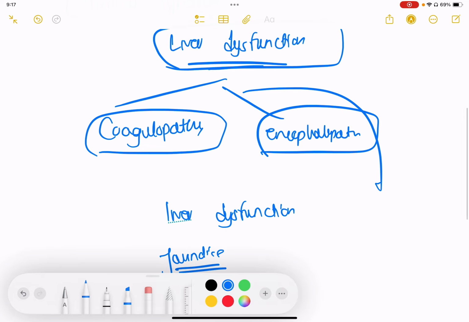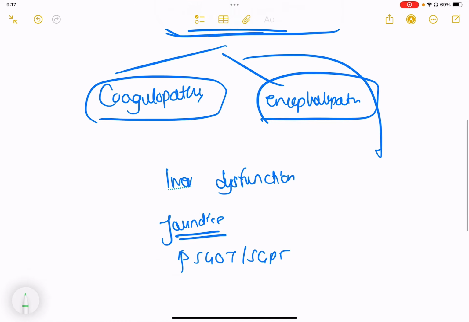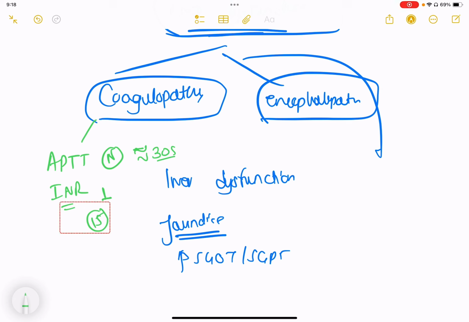and encephalopathy. Now, to know coagulopathy, we can do a PTT test. The normal should be around 30 seconds. If it is deranged, like 40, 50, 60, 80, it depends on the coagulopathy. And the second thing is INR, which is actually the prothrombin time. Normally it should be 1. The prothrombin time is normally 15 seconds, depending on the lab. So if it is 30, 45, it means the INR is raised,